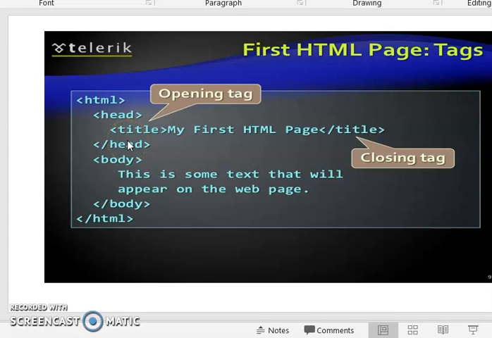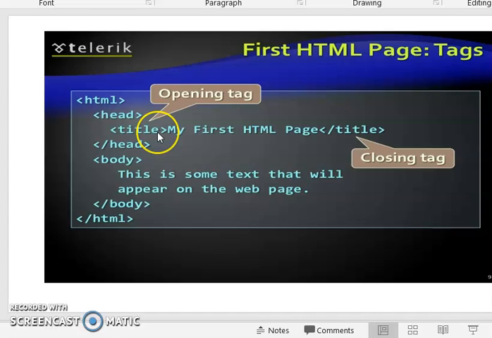Next, let us go through these tags. The title tag, the HTML, the head. These tags are called the opening tag, that is, this title, head, HTML. These are within an angular bracket, the starting of the tag.